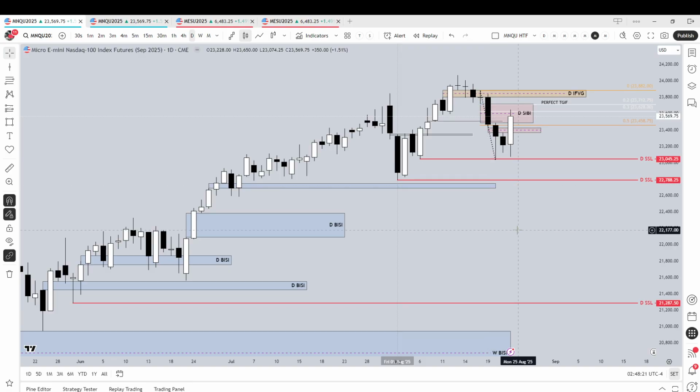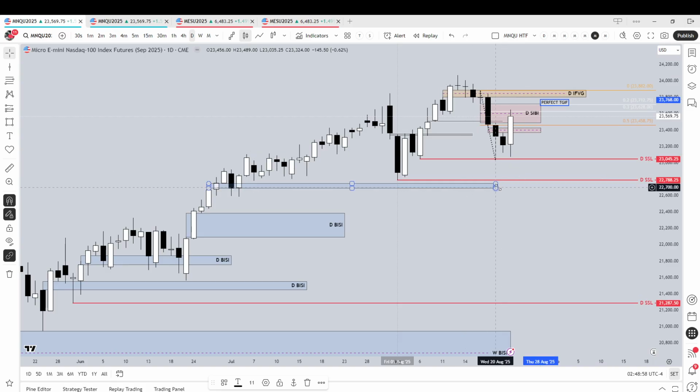But what's more important is what this up candle did on Friday. It took out this PDH, took out this PDH. And also, what happened is price wicked into this daily SIBI, but it refused to cross the consequent encroachment. I hope I'm saying that right. The CE level, the midpoint of this daily SIBI, it failed to cross that, and basically that's still looking bearish to me, and I want price to go ahead and target these lows right here,